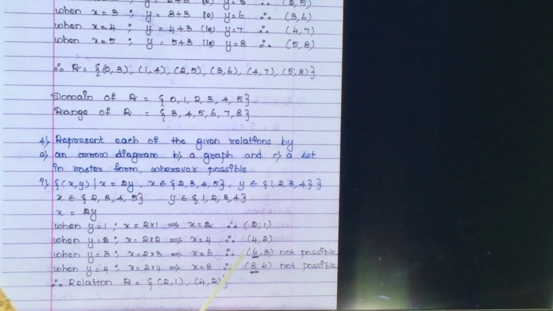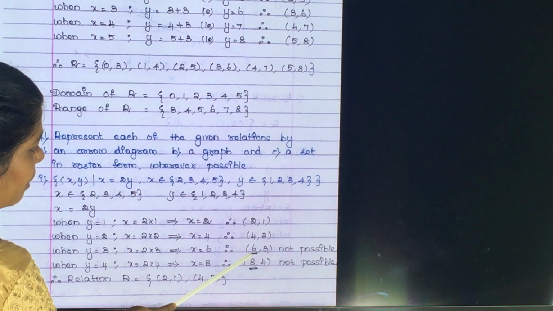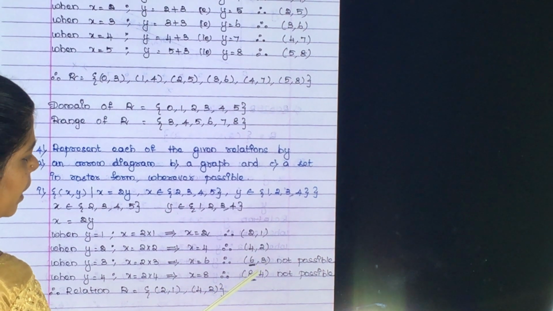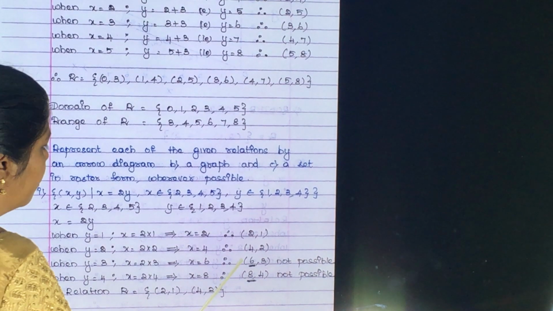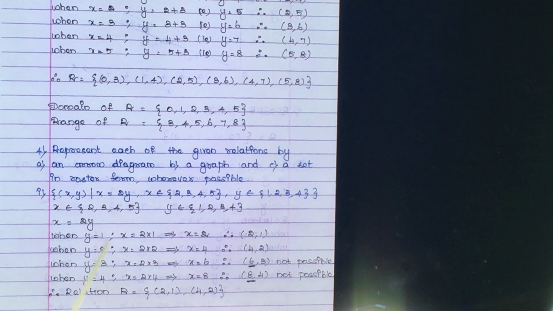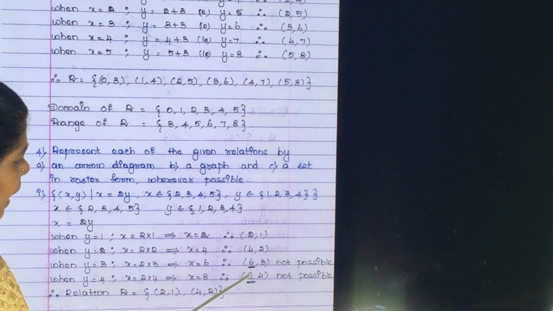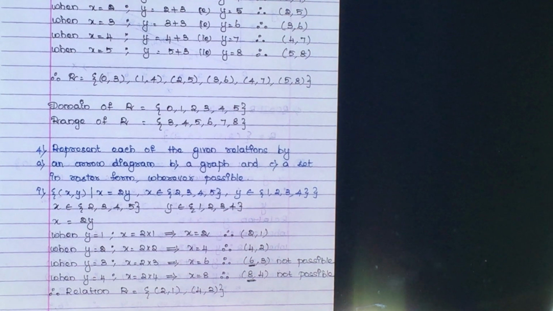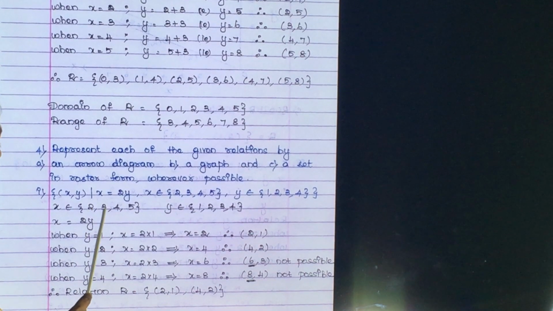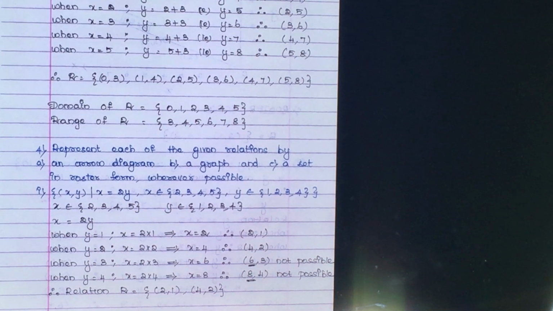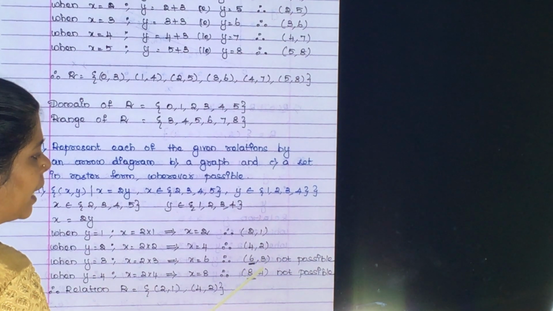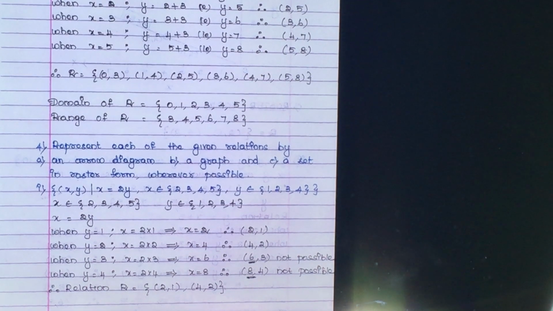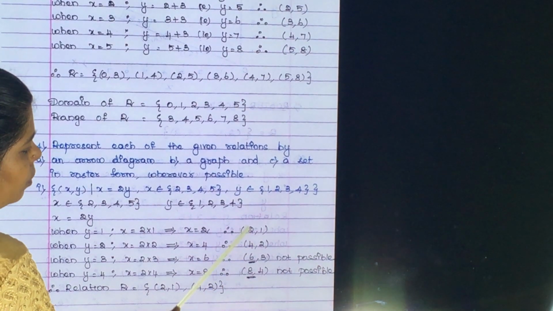But children, please see here, we are getting 4 ordered pairs, right? But can you see, I have underlined here, the 6 comma 3 and 8 comma 4 are not at all possible. You know why? Because we have x value from 2 to 5 only. We don't have 6 and 8 in x. X belongs only to 2, 3, 4, 5. Okay. Because we are having elements that are not found here, you can't take this pair as a relation. Okay. So what the other two will become the relation.